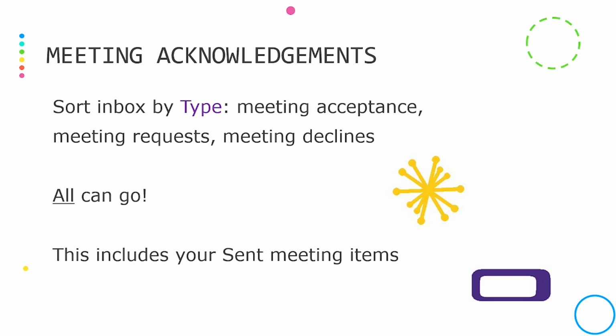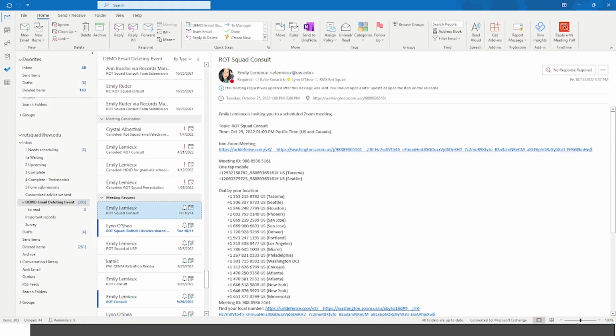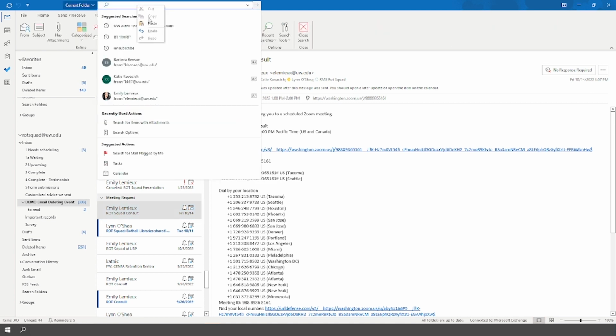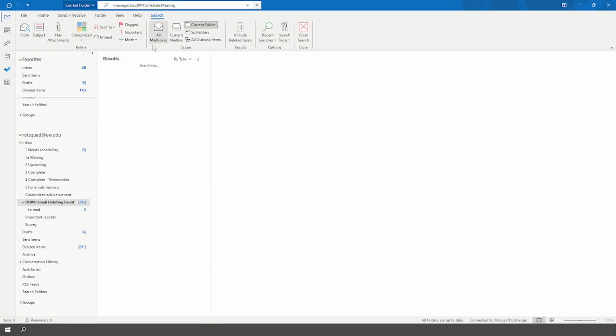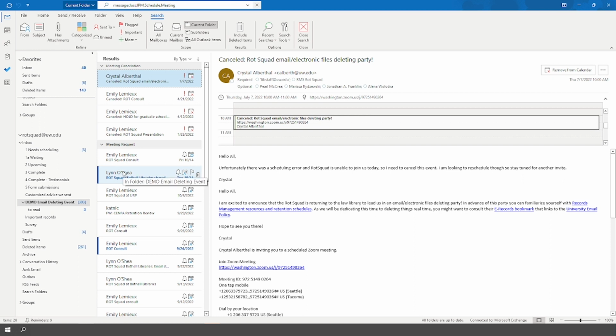So Emily, why don't you go ahead and show us the term that you can search on in Outlook for Desktop? To find those meeting acknowledgments, there are a couple different ways. We have a little code that we found that's helpful, and I'll put that in the search bar right now. It's worth noting that this little code that Emily is typing in, IPM.Schedule.Meeting, only works in Outlook for Desktop. In the materials accompanying this training, we will include instructions on how to find similar meeting items in Gmail and O365.